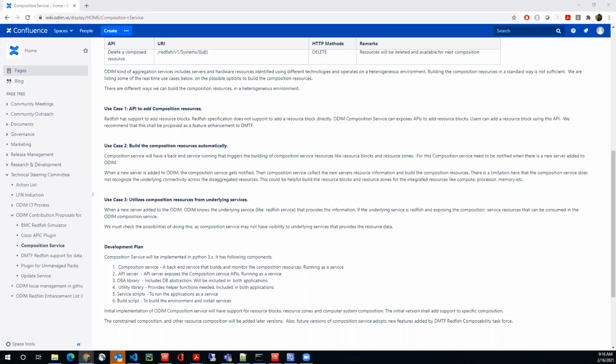No, I get that. Do you think that this could be a split issue though, in the way that we solve it? If we implement use case 2, the composition service automatically, as resources are added and ODIM learns about them, pulls those in as resource blocks. The resource zone piece is the actual grouping of those resources, so that you make sure you have shared storage along with the compute nodes and maybe the fabric, all as part of the same zone, so they can all communicate with each other.